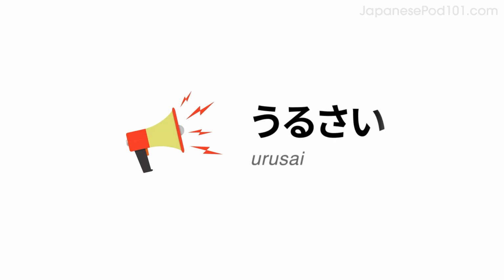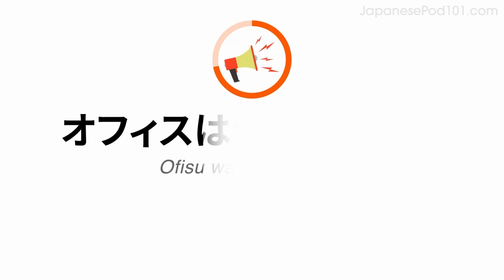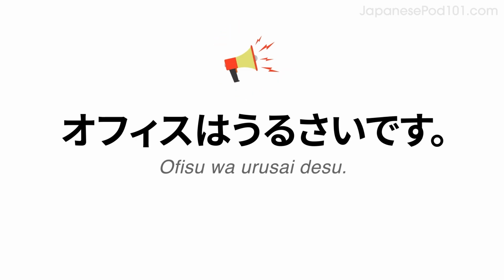Now imagine the office is noisy. Do you remember how to say noisy? うるさい。 Say, "The office is noisy." オフィスはうるさいです。 Now, answer the question saying the office is noisy. 大丈夫ですか？オフィスはうるさいです。